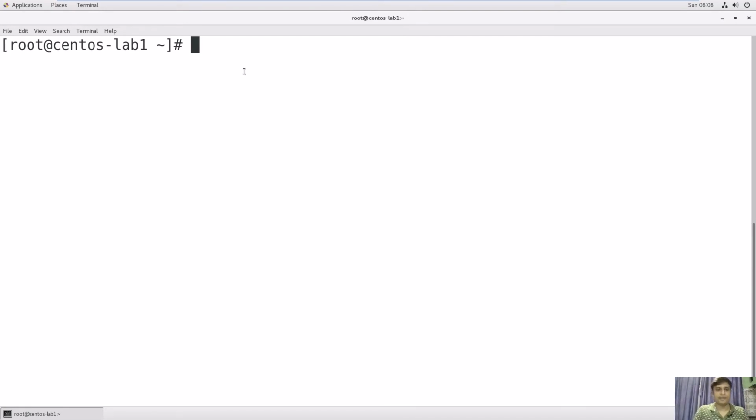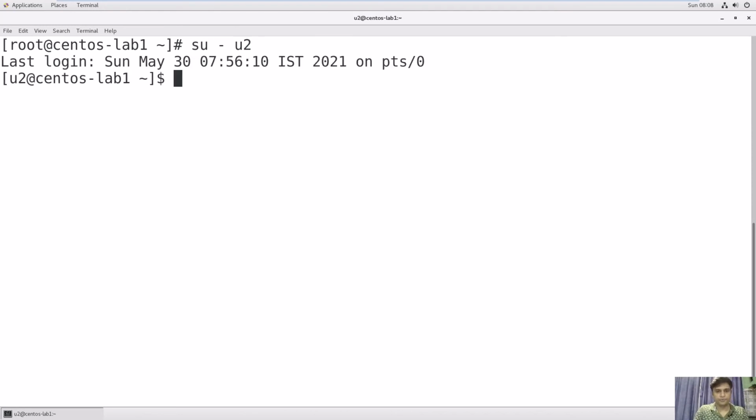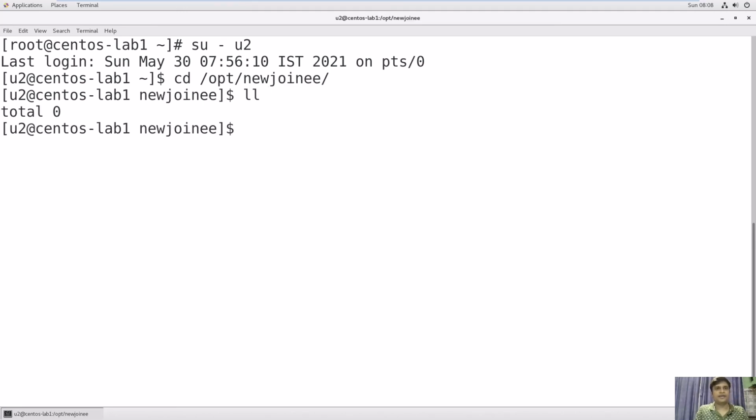Let's verify. su - u2, switch to u2, and now create a file under the /opt/newsjoiny directory. We have not created any file in this newsjoiny directory, so we will create files: touch a1 a2 a3.